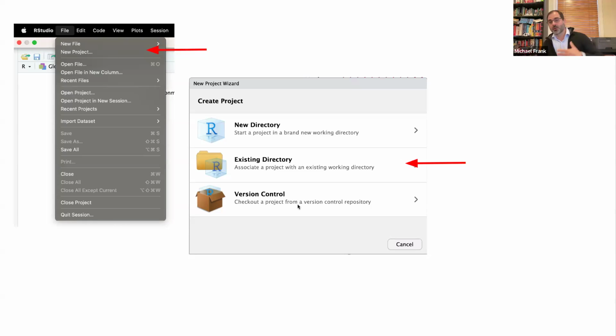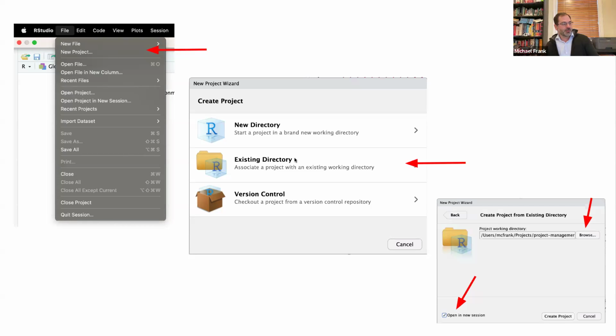And so that would create a copy of the project that's in GitHub on your local computer with an R project associated with it. Now, you might be thinking that's creating a copy. Didn't you say that was bad? That's a very particular circumstance, which we'll talk about a little bit in the case of Git.